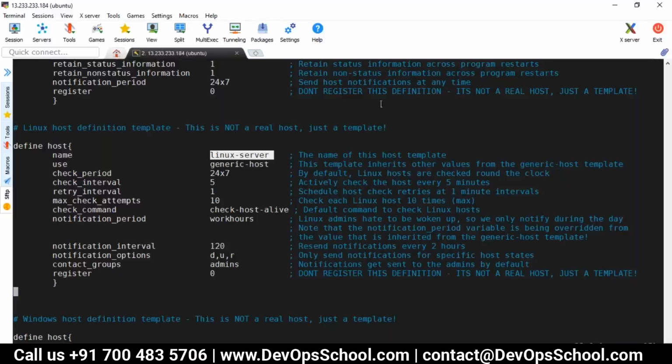Anyone has any doubt, any question so far? Okay, so these configuration templates are basically kind of a template which is used in other configuration files. So if I come out of this,